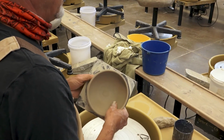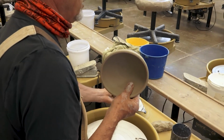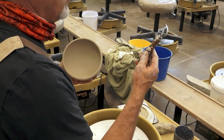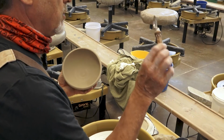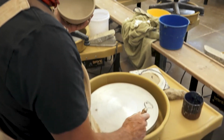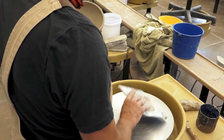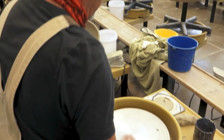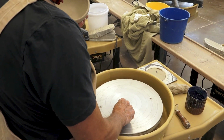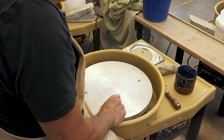So the clay is in a condition that's stiff enough to hold its shape, but still malleable enough to trim using this pear tool. That's what we call the trimming tool. I don't know, originally it was used for trimming pears, I guess. We will not be using the plaster bat now on the wheel head. We want it bare because there's concentric rings scored into the metal of the wheel head that we're going to